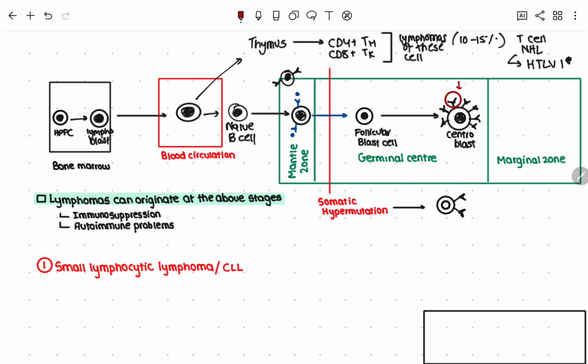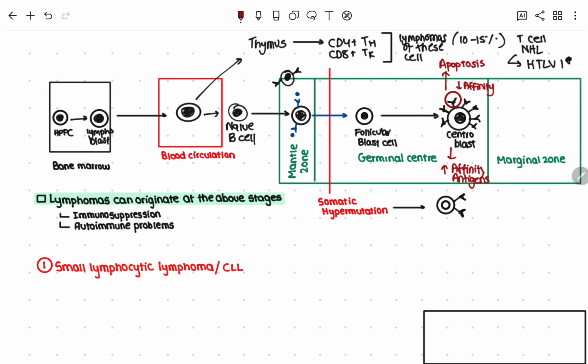And so if they have a low affinity, they undergo apoptosis. End of discussion. They're gone. Bye-bye. Never seen again. However, if they do have a high affinity for the antigens that they were primed with, at this stage, they can undergo further